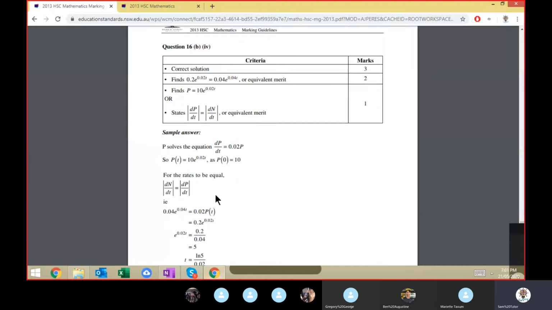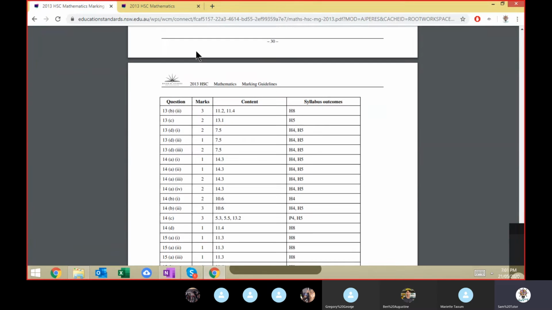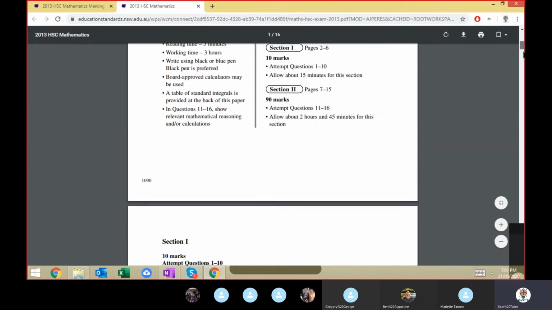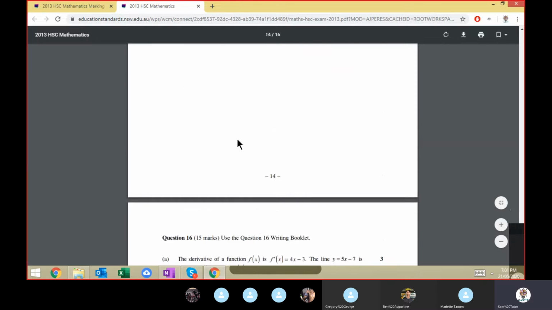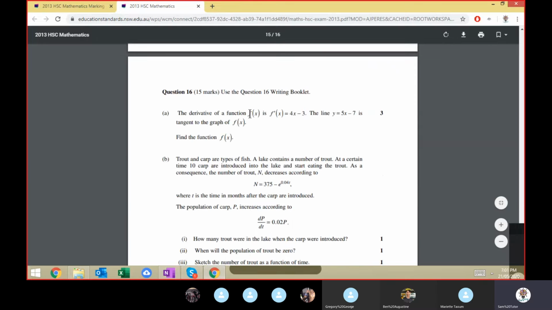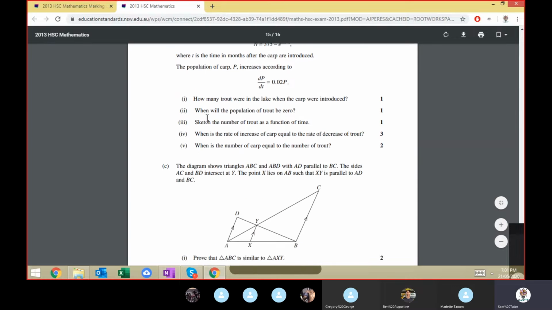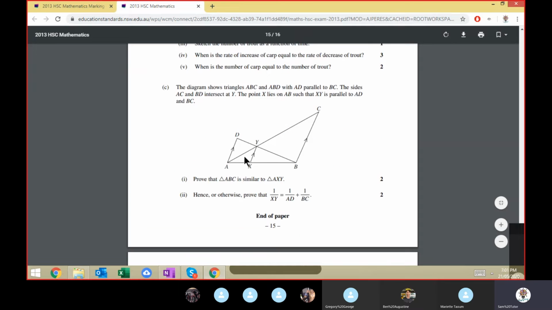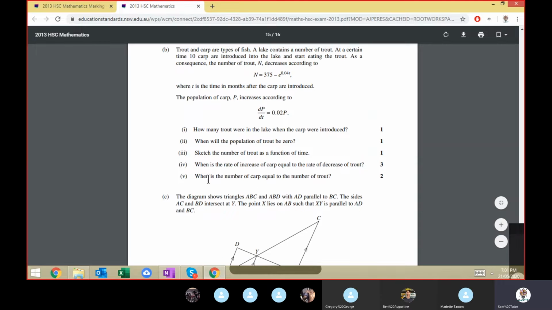Was that the last question of the paper? 16B IV, 16BV. Oh no, geometry was. So that was second last. So that was A. The derivative of the function, the line, find the function. Oh, that's easy. Simple integration. So second last, and then the last one was geometry, similarity, which is out of the syllabus now for you guys. But second last. So that one there,